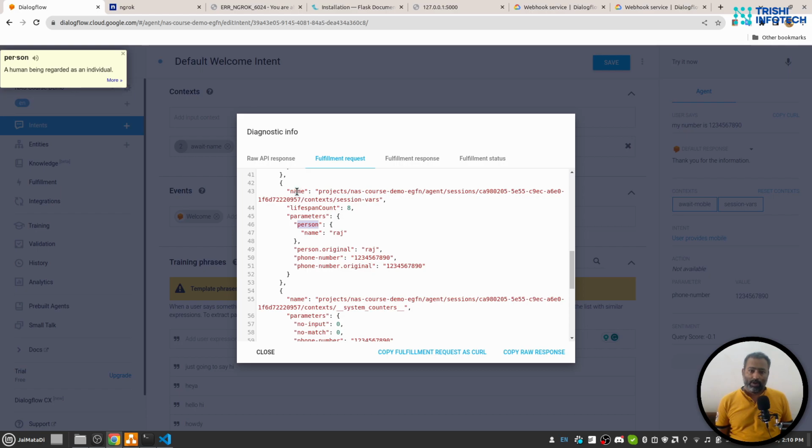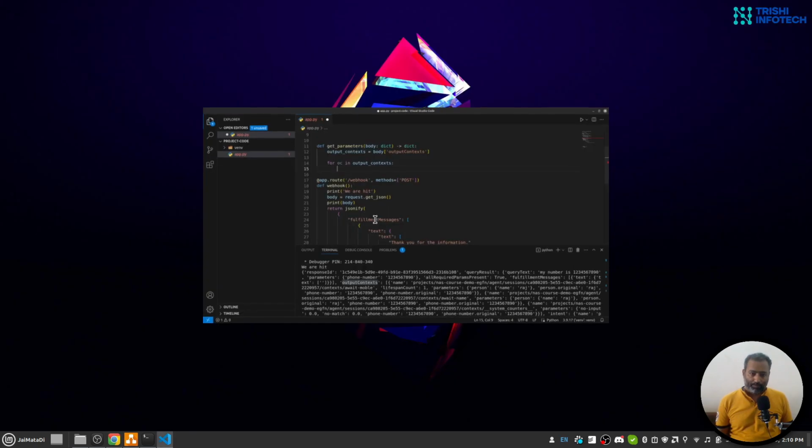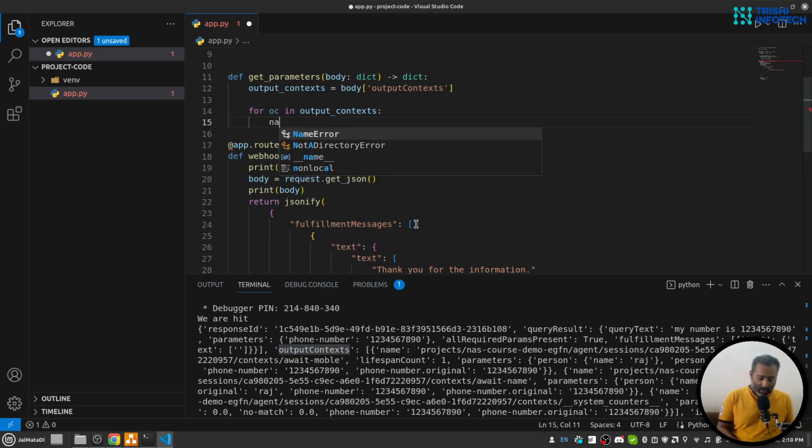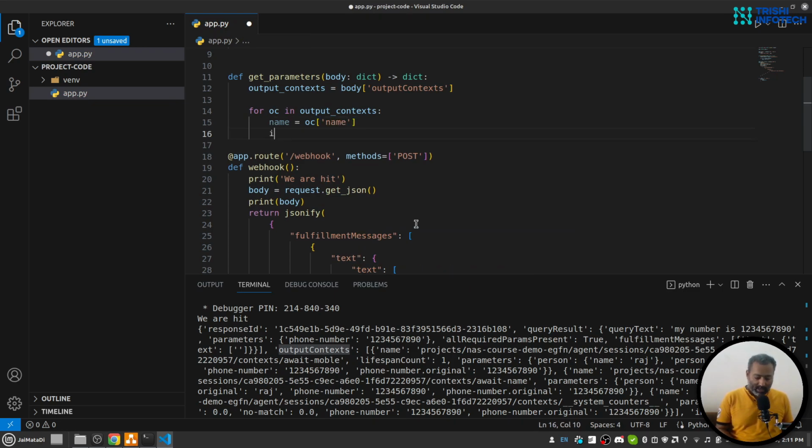So if we look into this name, the last characters define which output context that is. So I'll say name equals to OC and then name, and then I'll say if